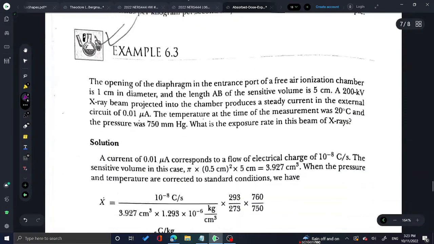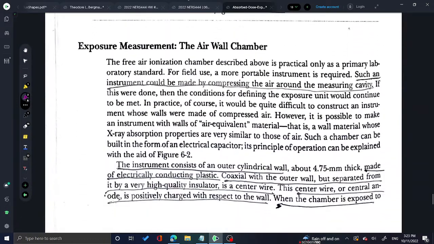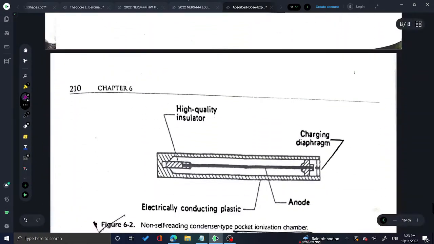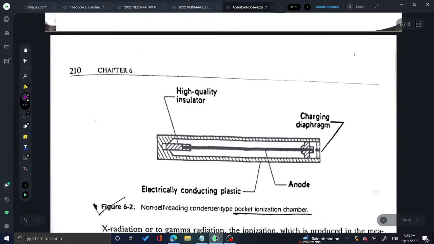Okay, because we have seen this in detail before, let's go to the next one, which we have also seen. এখানে হচ্ছে একটা অ্যানোড থাকে, সিলিন্ড্রিক্যাল, এটার সাথে কানেক্টেড অ্যানোড থাকবে, অ্যান্ড দেন চারপাশে হতেছে, এটা হতেছে কন্ডাক্টিং প্লাস্টিক থাকবে। So it's a bit weird, but yeah, it is made of plastic that can conduct. এটা হচ্ছে দেখতেছো তুমি এটার সাথেই কানেক্টেড, বাট দিস থিং ইজ অ্যান ইনসুলেটর, সো ইটস হাই কোয়ালিটি ইনসুলেটর, যাতে হচ্ছে অ্যানোড আর ক্যাথোডের মাঝে শর্ট সার্কিট না হয়।